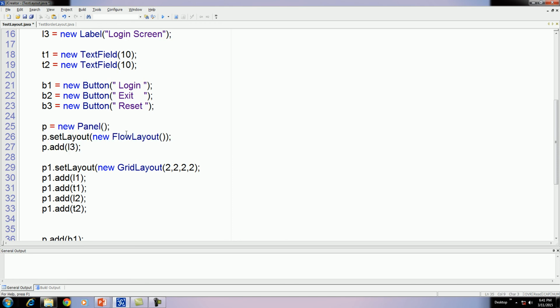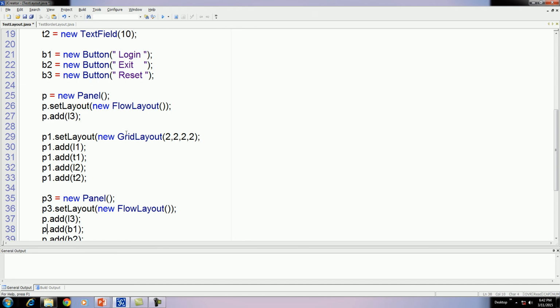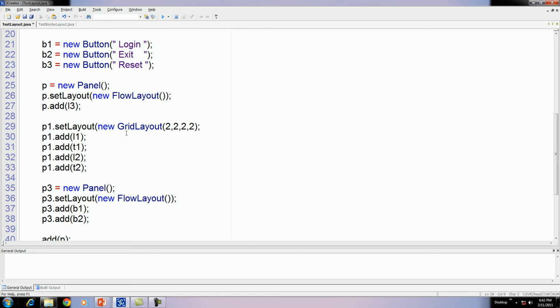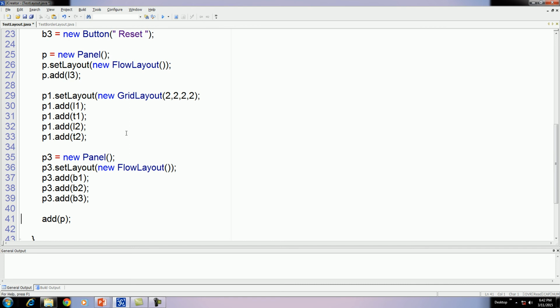You can also use a different type of layout. P3, B1, B2 and one more, B3.